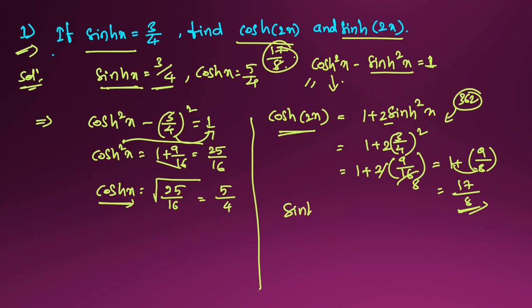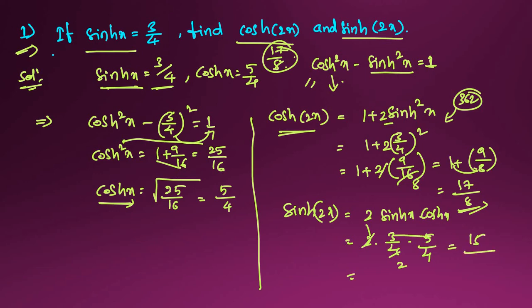Now here sinh 2x we find here. Sinh 2x is equal to how much we have? So what is the formula here? Sinh 2x is equal to 2 sinhx coshx, no? Like that. So here 2 sinhx coshx, we'll do that one. So here 2 into sinhx is equal to how much? 3 by 4 here into coshx is equal to 5 by 4 here. So 2 ones are 2, 2 twos will get cancelled here. 3 fives are how much? 15 divided by 2 fours are 8 here. So 15 by 8. This value is 15 by 8 will come here. Now this is the end of the question.